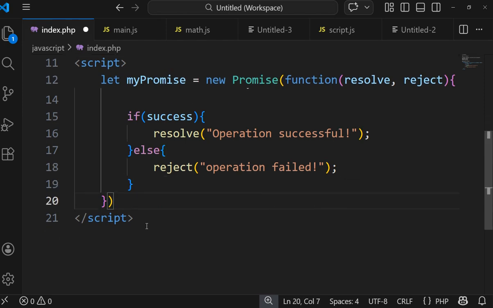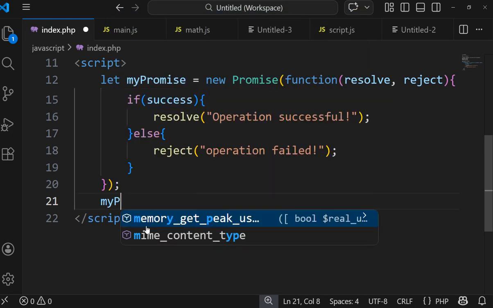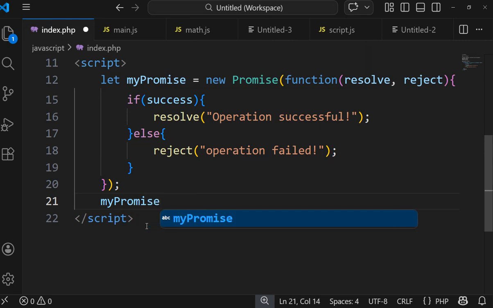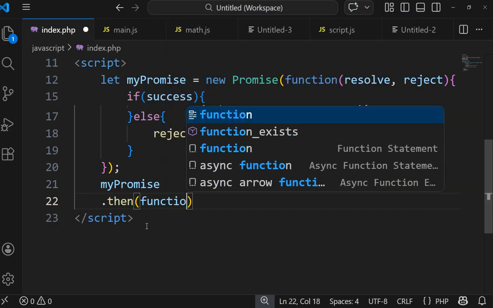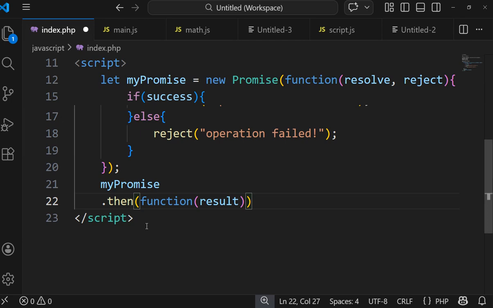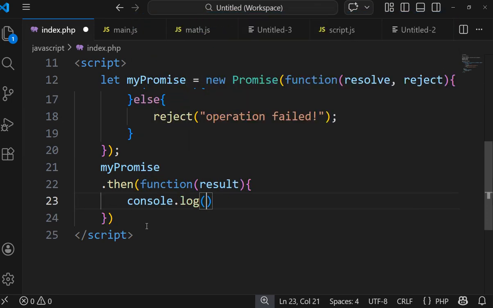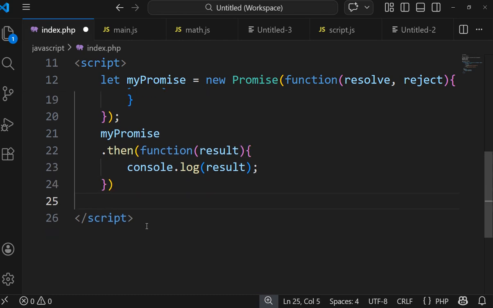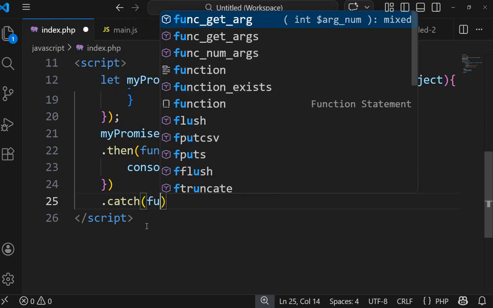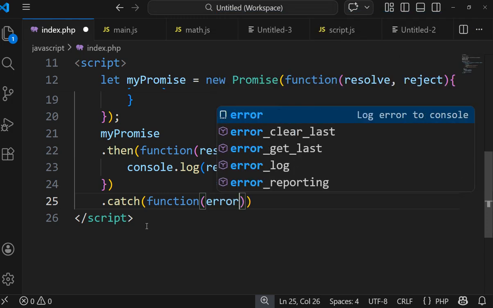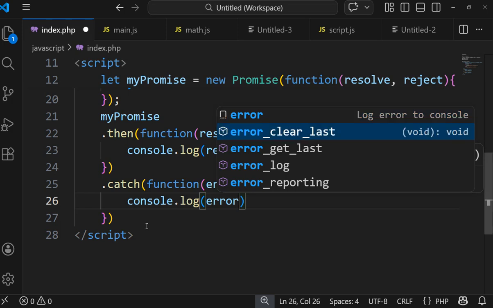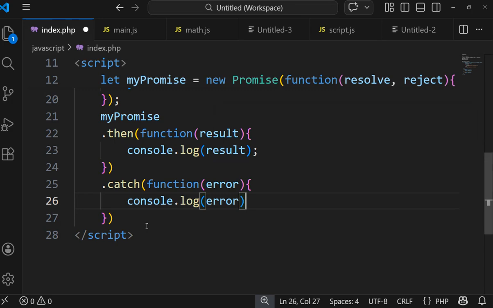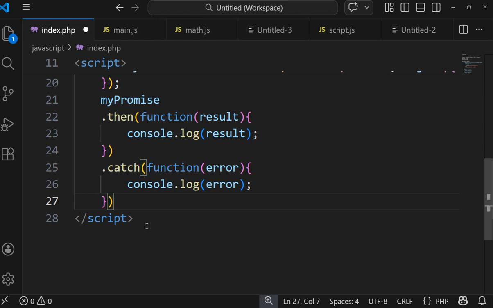Okay, now myPromise.then(function(result) { console.log(result) }). Okay, and now catch, function(error) { console.log(error) }. Okay,